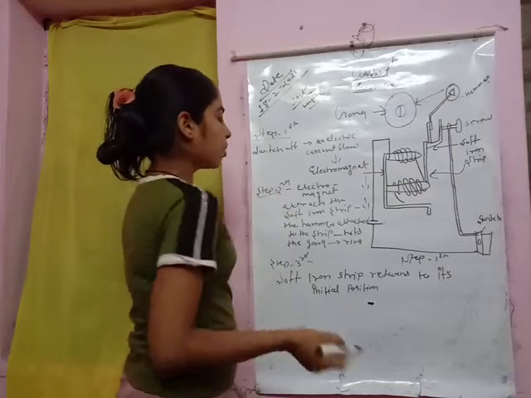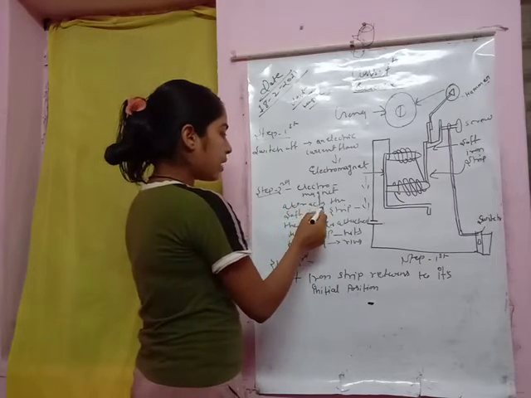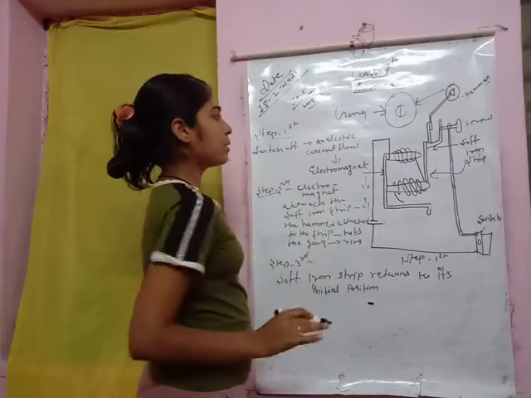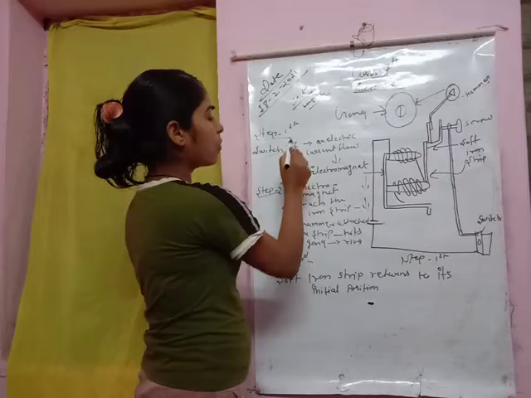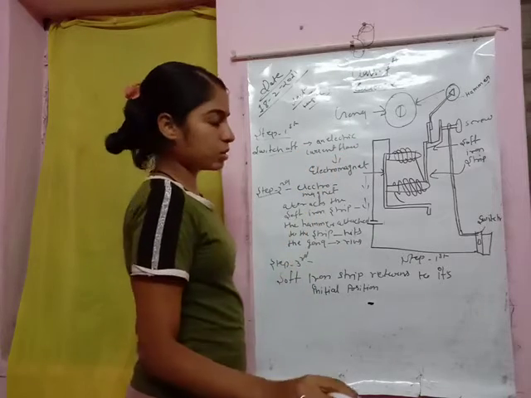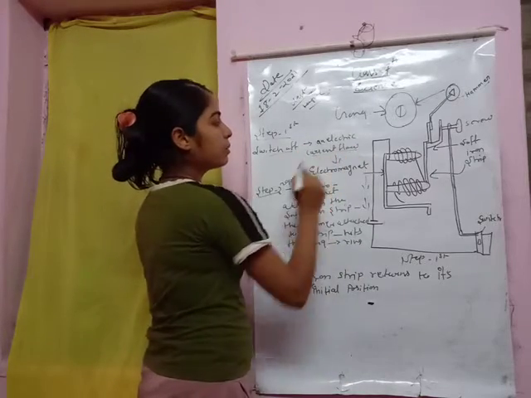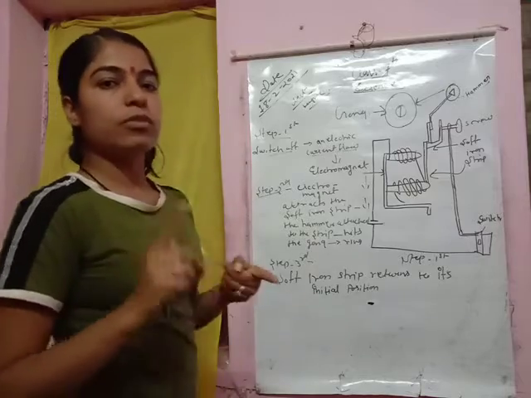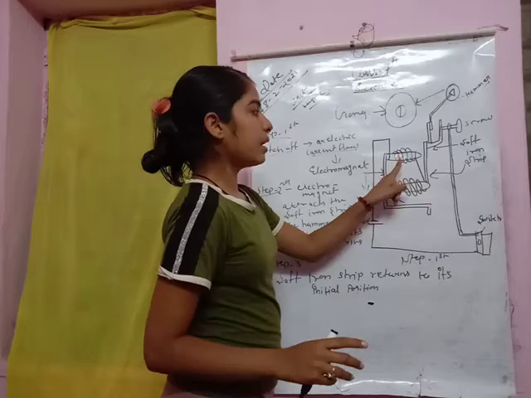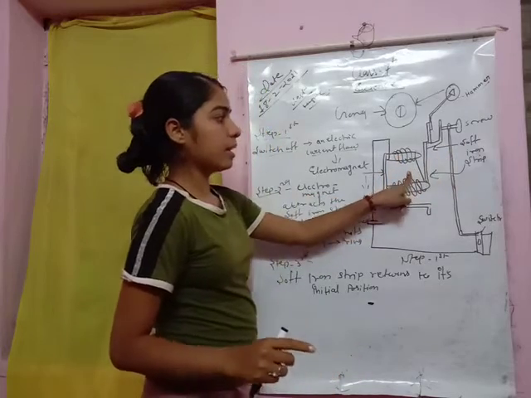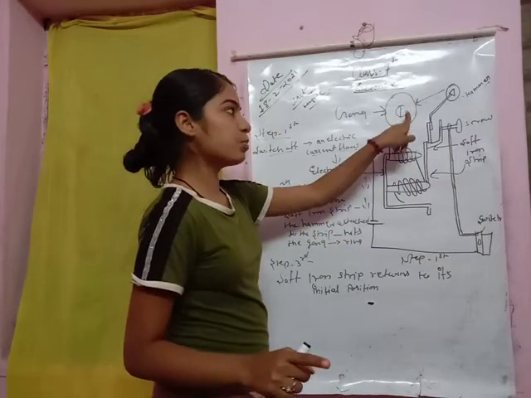Now the second step, what will happen? The electromagnet attracts the soft iron. This is the second step. In the first step, we can say you have to switch on and the circuit has to close. Then electric current will flow. So your first step included the flowing of the electric current. The second step included the electromagnet attracting the soft iron, and in the second step the ring is produced.